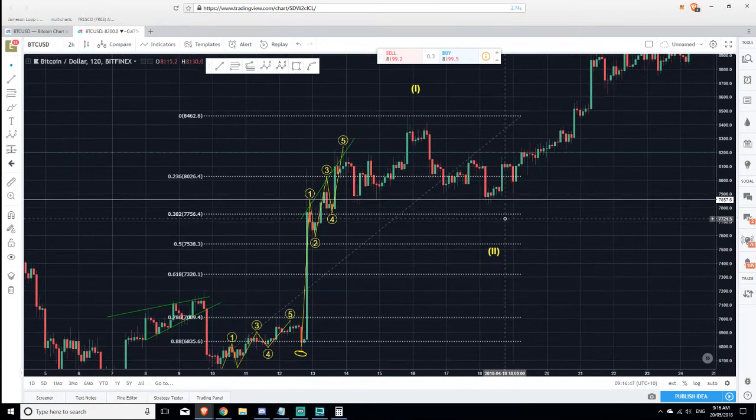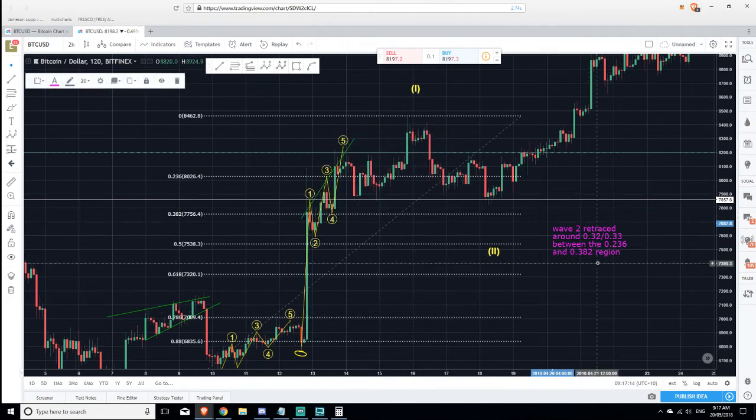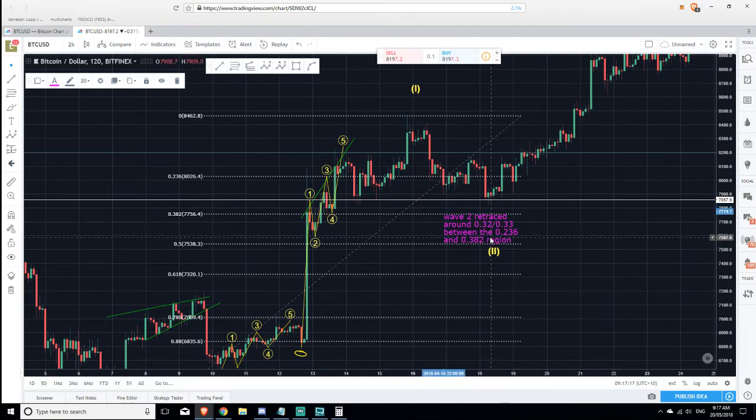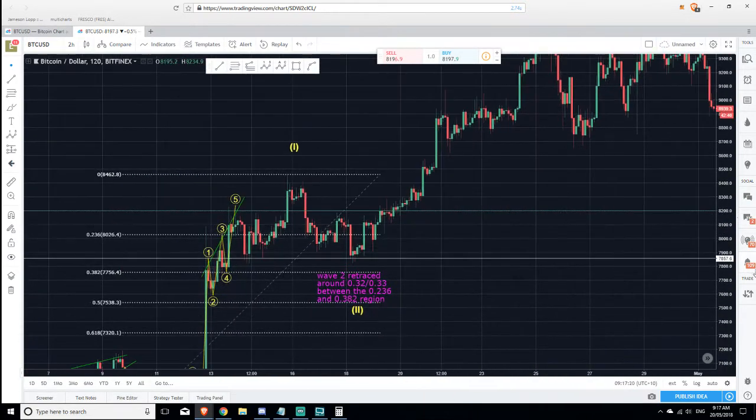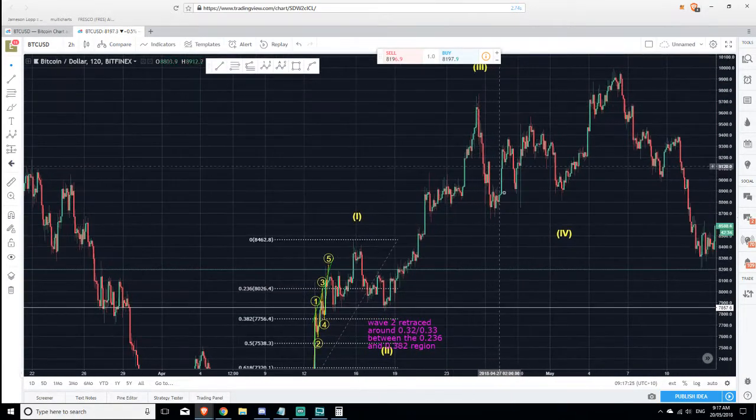So we retraced, remember, between 236 and 382, but closer towards 382. So I'm going to say something like this: wave 2 retraced around 0.336 to 0.382 region. Alright, something like that. Then we had the third wave up, and the reason why I thought this was the